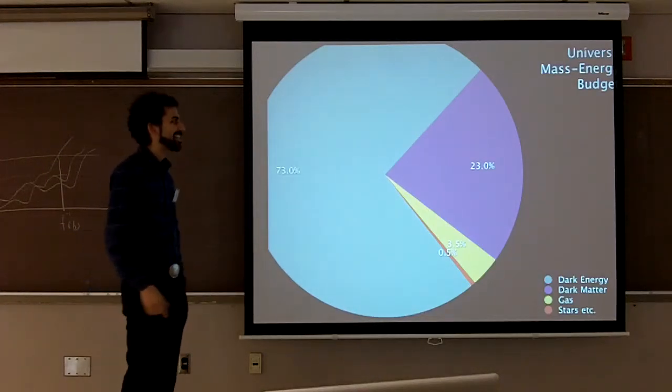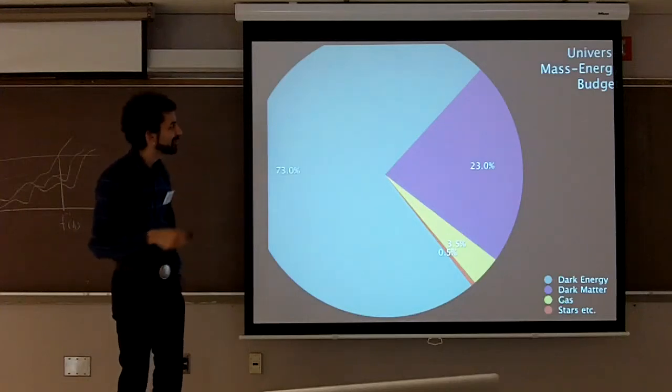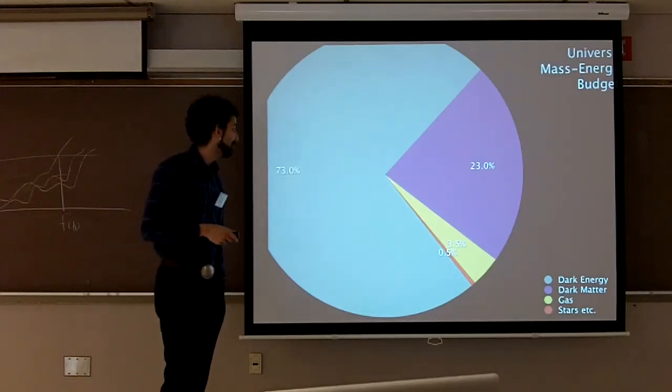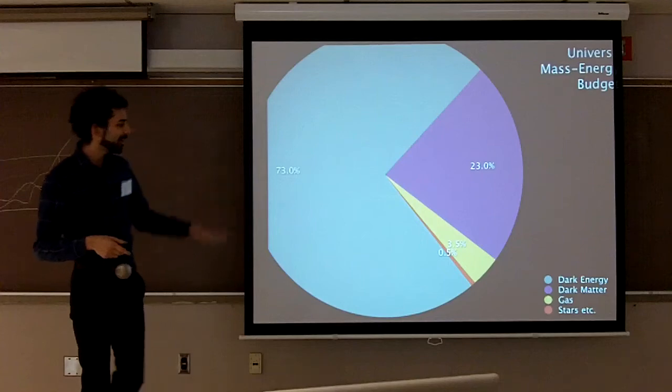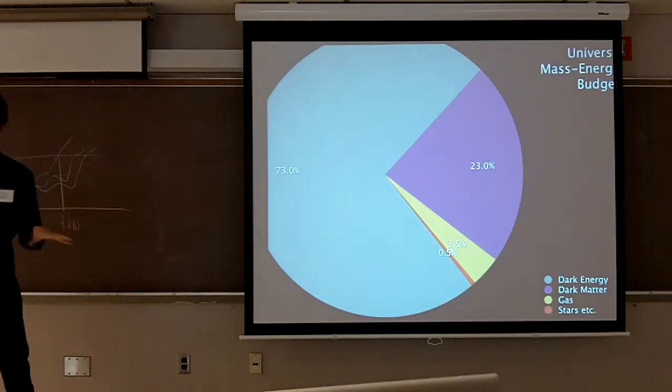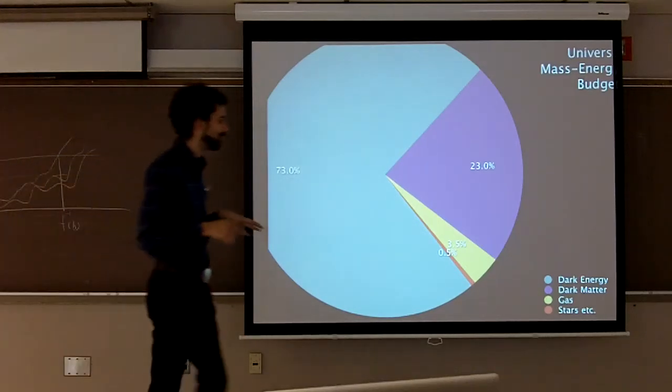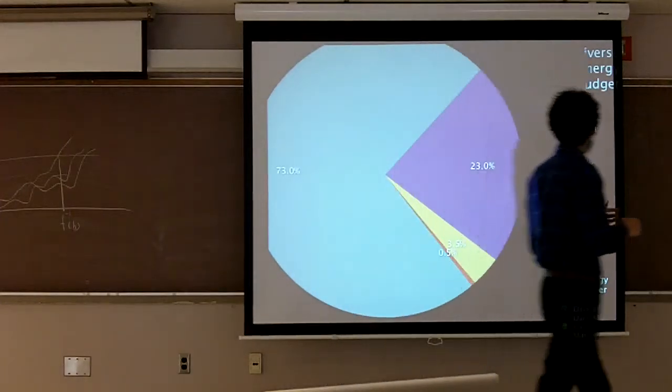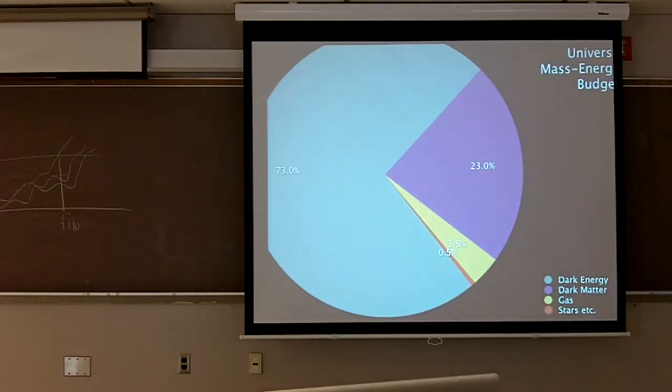Really exciting. Anyway, this is the universe's mass energy budget. A thing I just want to point out is how diffuse things really are when you look at what's going on in the universe. So the gray there is dark energy, which was spoken about earlier today. And that's obviously very diffuse. It's even very psychologically diffuse. It's not really clear we know what we're talking about. But it's 73% of what we would call the mass energy budget of the universe.